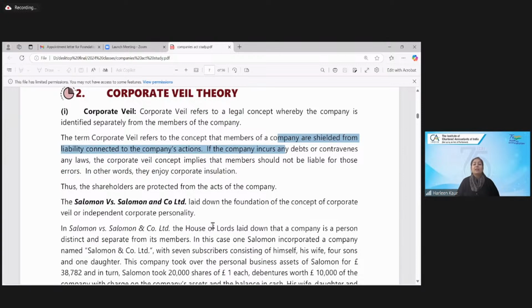Salomon versus Salomon and Company Limited laid down the foundation of the concept of corporate veil or independent corporate personality. So it says how this concept of corporate veil came into existence. It was in the leading case law, Supreme Court judgment, Salomon versus Salomon and Company Limited. This corporate veil theory was considered. Now, the second important case law of the day we are going to understand. We have done one very important case law, that is Makora versus Northern Assurance. Now we are going to do the